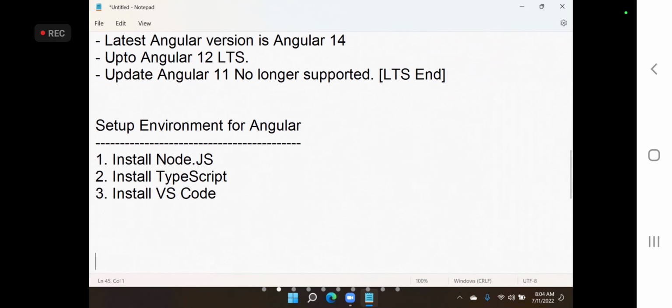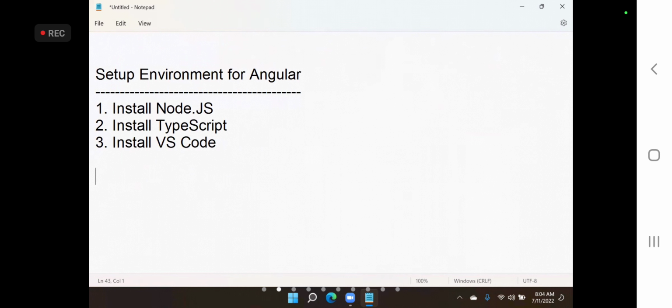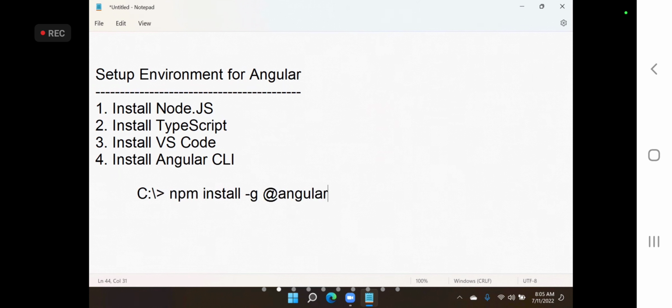You have that editor. Now, additionally, what you have to do is install Angular CLI. This is the extra thing you have to do. So this is npm, that means from the command prompt anywhere in your computer, npm install globally @angular/cli.